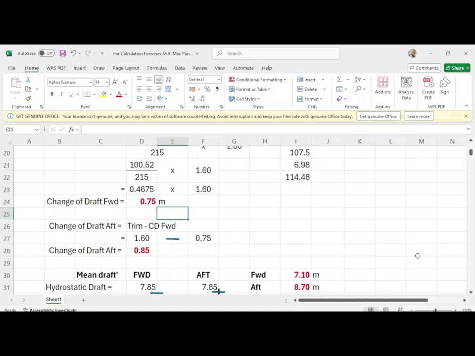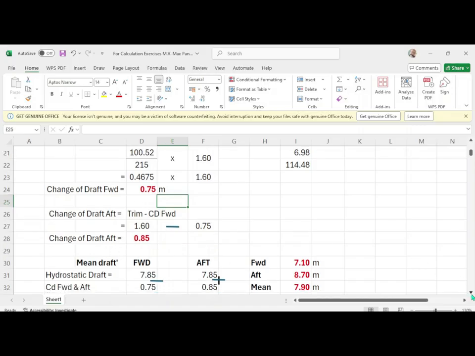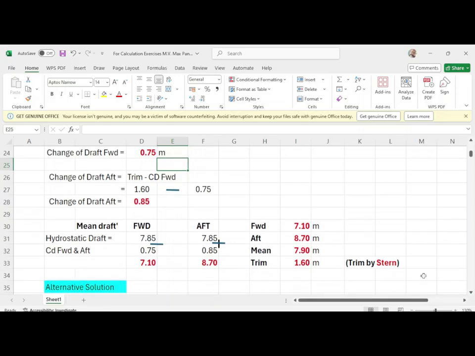Next, you apply this change of drop forward and up to your mean drop. So your hydrostatic drop or your mean drop of 7.85 forward and 7.85 up. What is your change of drop forward? Change of drop forward is 0.75 and change of drop up is 0.85. Okay, so take note